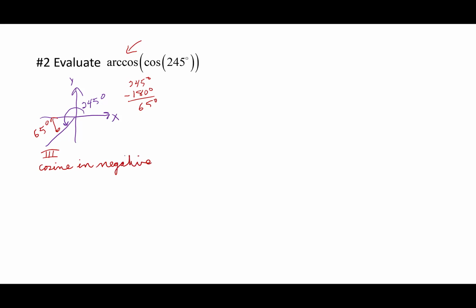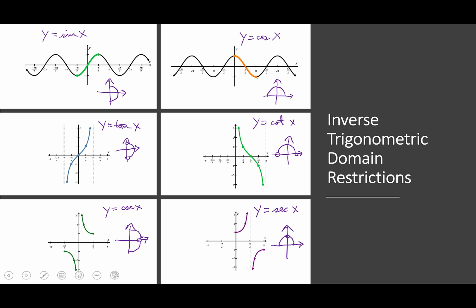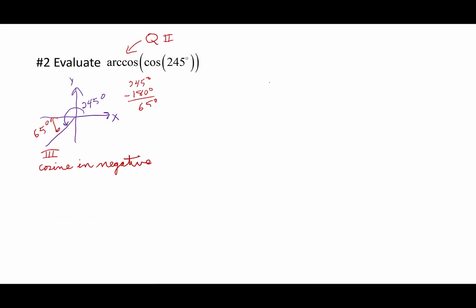Okay, so if the cosine is negative, if I'm finding the arc cosine and I have a negative angle, I want to restrict my angle to the correct quadrant here, which in this case would be quadrant 2. And you can look back here where we had our little cosine. So for the cosine, we're either in quadrant 1 when we're working with inverse cosines, or we're in quadrant 2. For positive values in quadrant 1, for negative values in quadrant 2. This time we have a negative value for the cosine, and so we need to just move our angle up